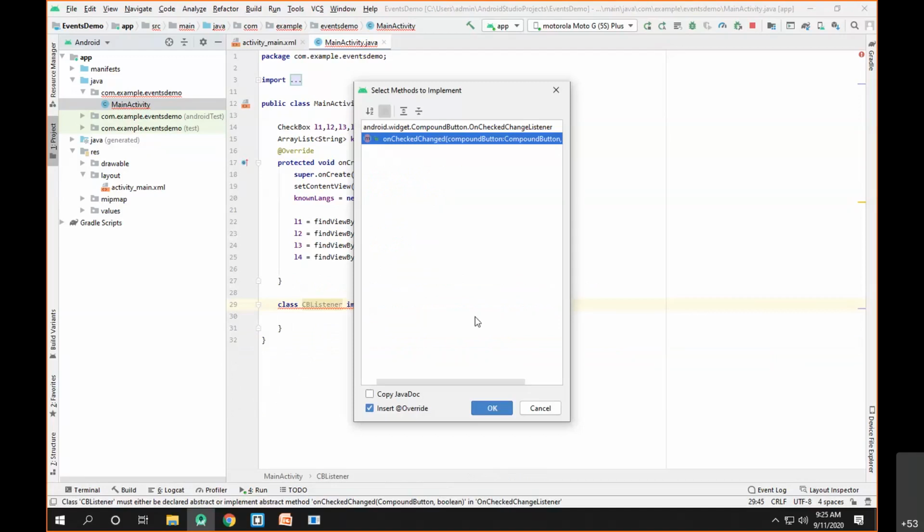That's it. And once the user deselects or unchecks the corresponding checkbox,